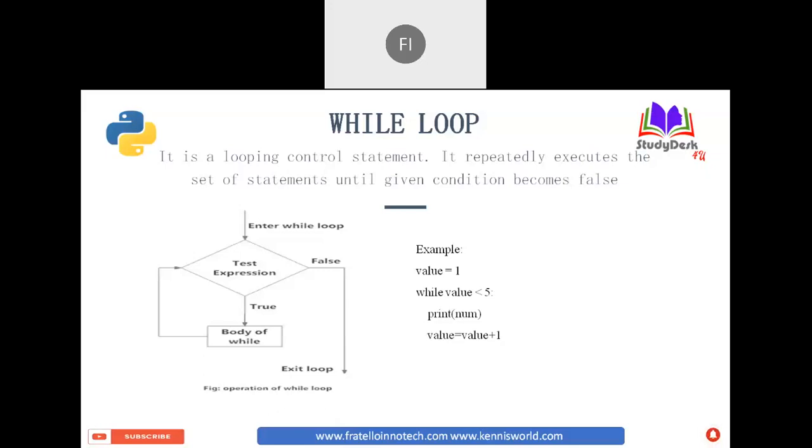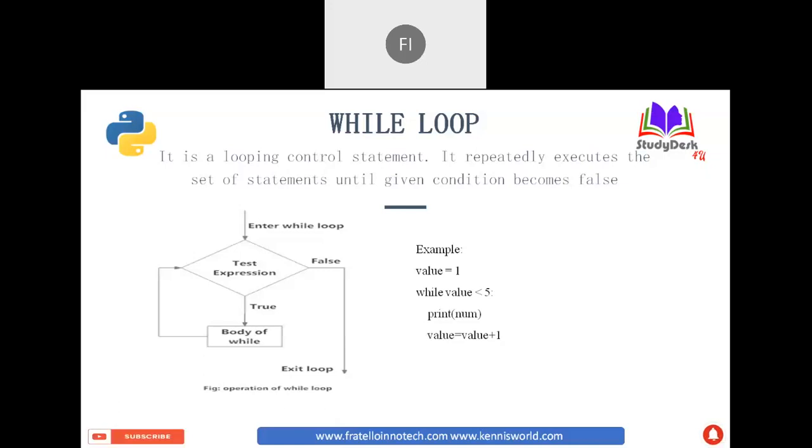If you see the screenshot, first we write the test expression. If it is true, the body will execute, then again go to the test expression. If it is true, likewise until it is false. Once it is false, only then will the loop exit. That is the reason I showed the exit loop on false in the diagram. But when it is true, it won't exit, it will keep on repeating.